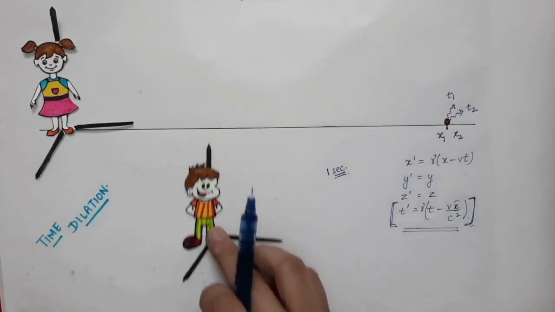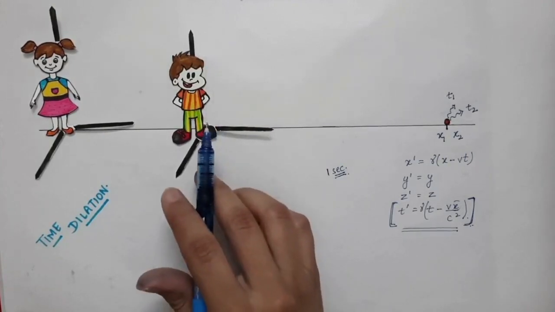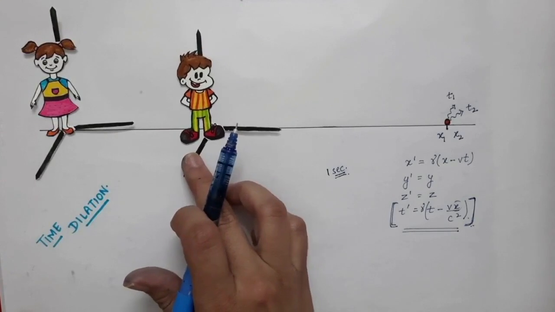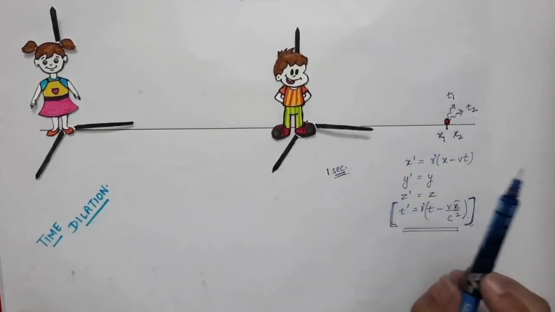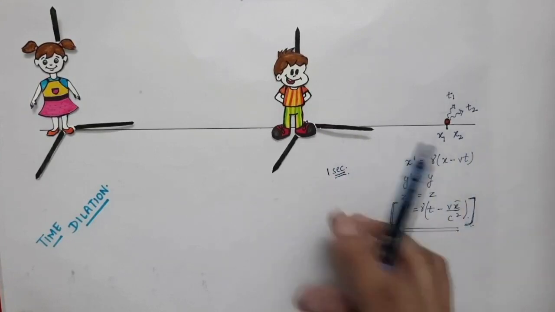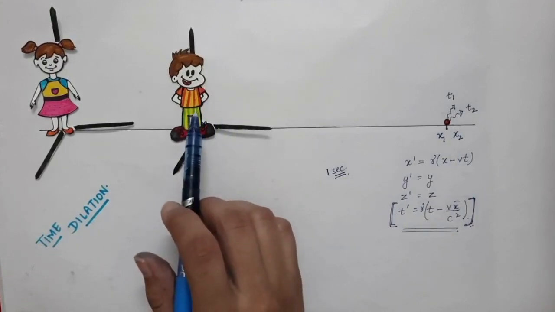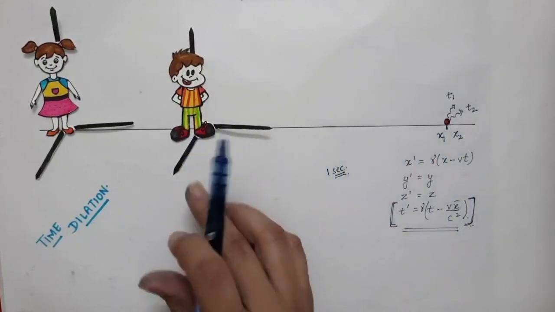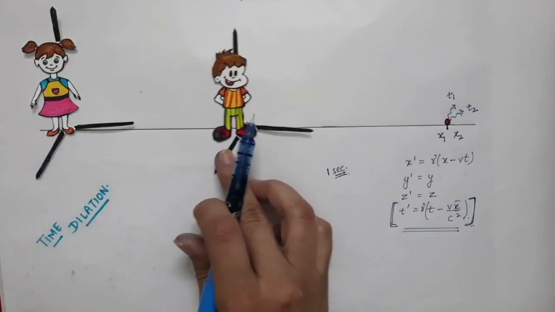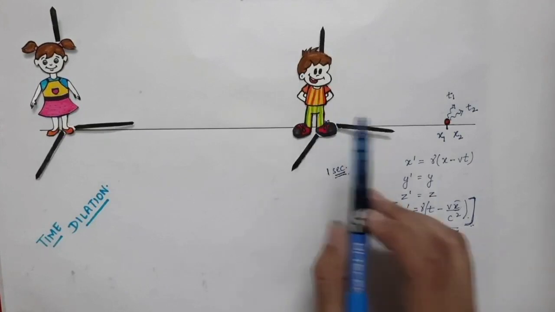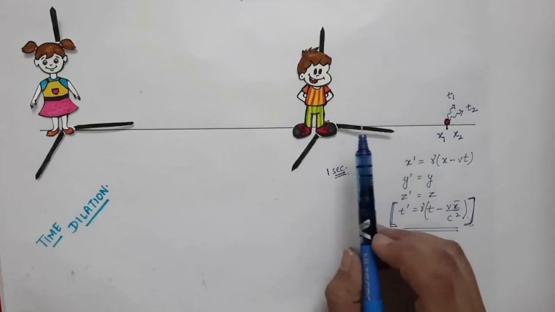Now if we observe the same thing from the point of view of your friend, that is from the sigma prime, so now your friend is moving in this direction, so x1 prime and x2 prime will not remain the same. So the object will be moving. So according to your friend, the object will be moving in this direction. So according to you, your friend is moving in this direction, but according to your friend, the object is moving closer to him.